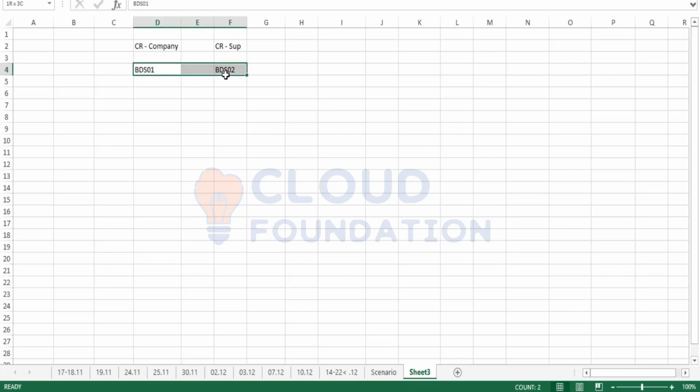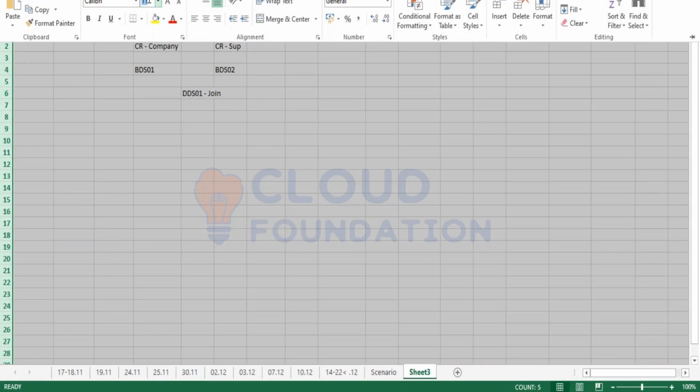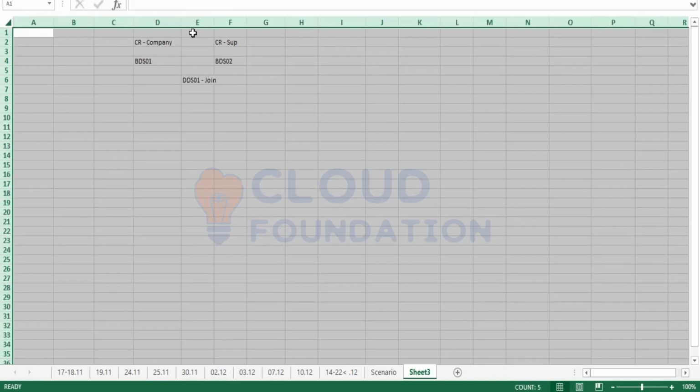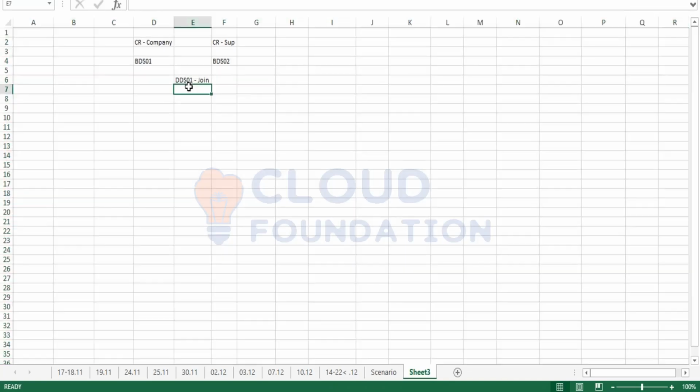Then we took both of them and created a derived data set, DDS01, which is basically a join of these two, right? And the join was basically done if sector in BDS01 maps to sector in BDS02,